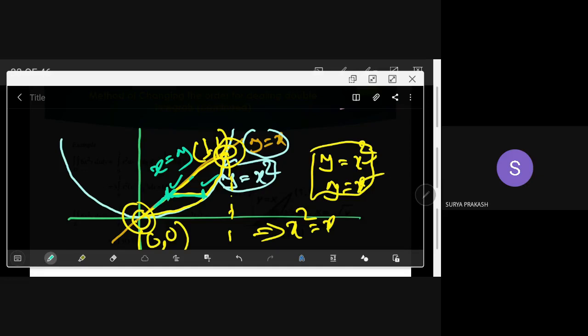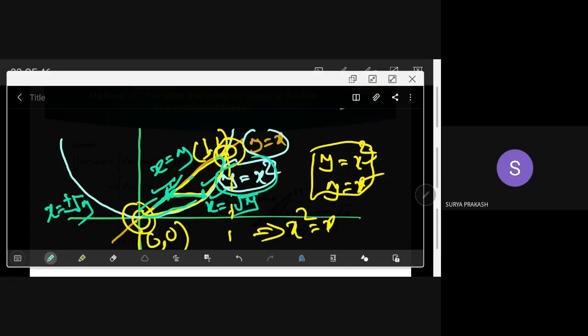And along this curve, see, there is a problem. Can you write from this one x in terms of y? Yes, we can write. X is equal to plus or minus root y. So the question now is, is this plus root y or minus root y? X is equal to plus root y, because this region is in the first quadrant. Your x value is positive, so you have to take x is equal to plus root y here.